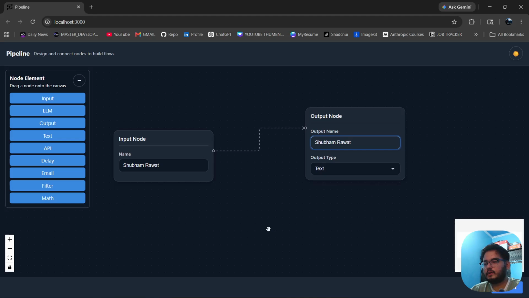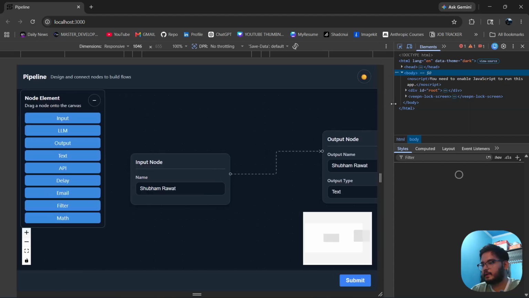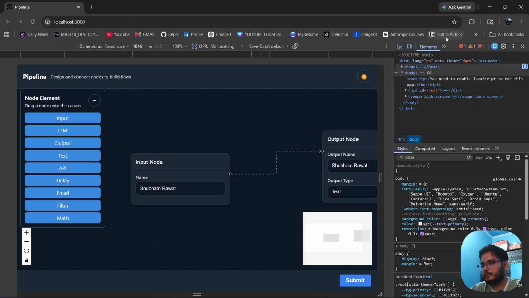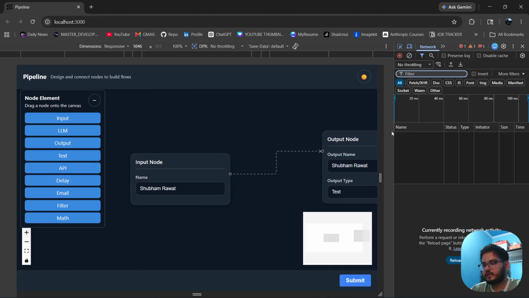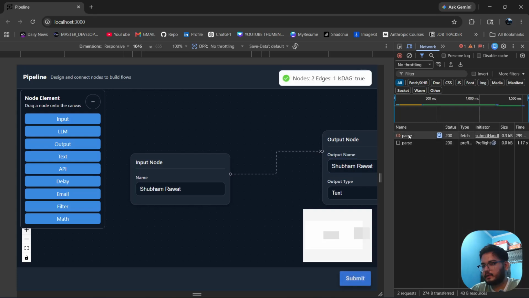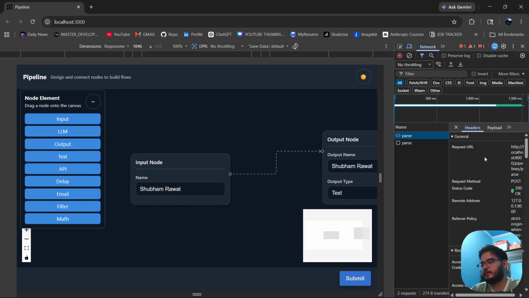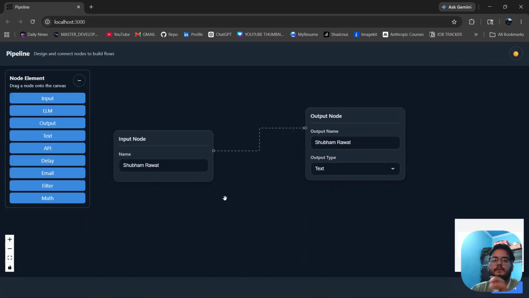So I'm going to open a console log here, and let me see the network call inside the network section. Okay, so whenever I click on this submit button, this API will get triggered, which is your post API. And inside that API, I'm sending the edges and nodes that I've created so far, and you can see the toast message as well. So yeah, that's what I have implemented in this mini project of